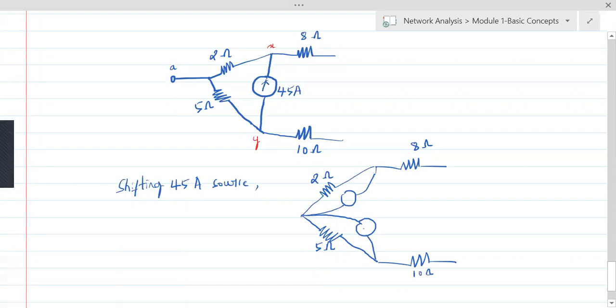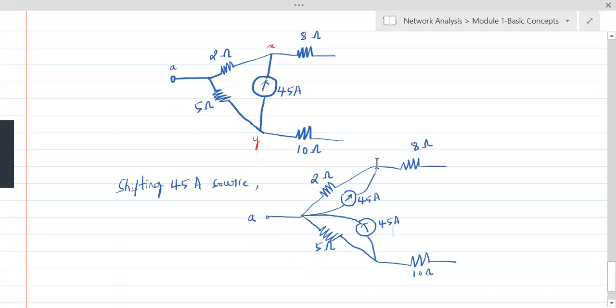Everybody understand this point? Once the 45 amps goes here, from there it goes to this point. So both of these are 45 amps. So this is possible. This is how we can shift the 45 amps source. What is the condition that needs to be taken care of? 45 amps should reach this point, from Y to X it should go. So first we will take it from this point to point A, and from point A to the final destination.